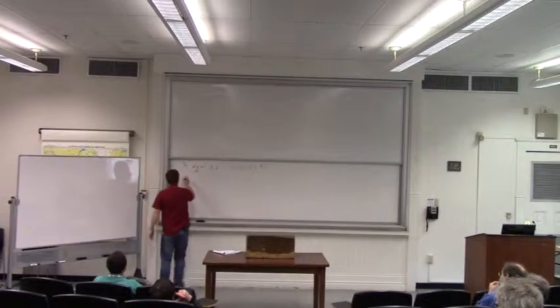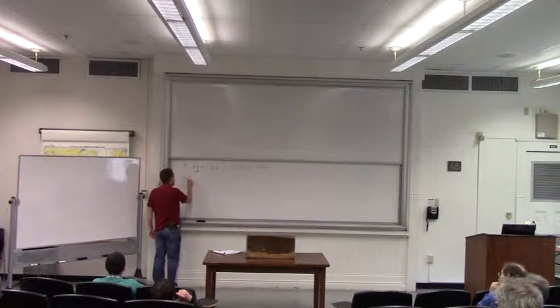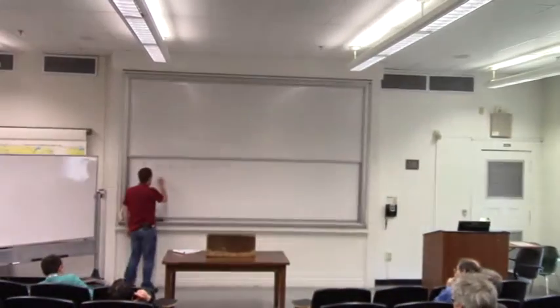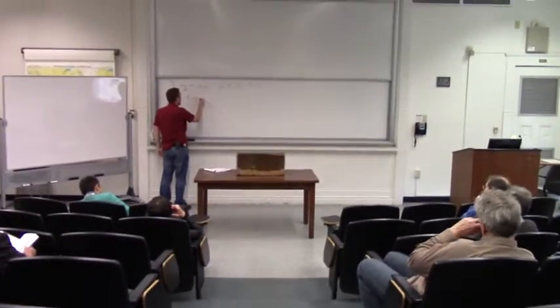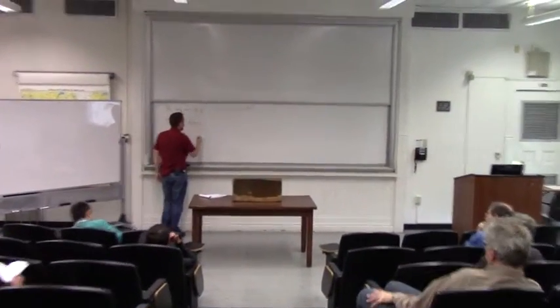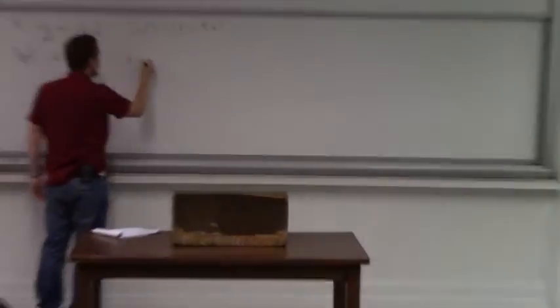Today I will say what is a morphism. So I'll take an algebraic variety over K, and I'll say what is a morphism